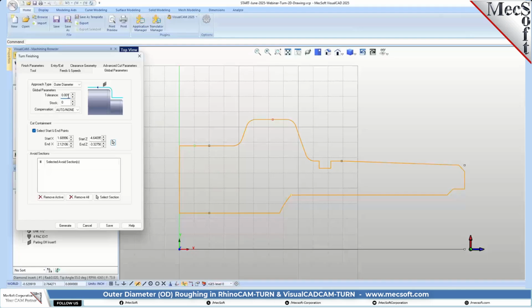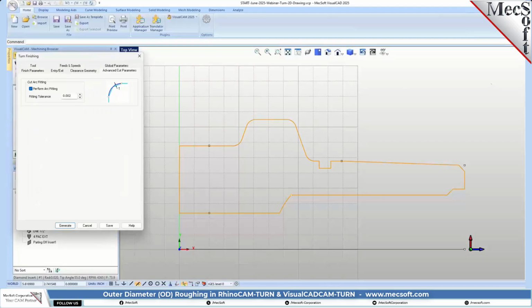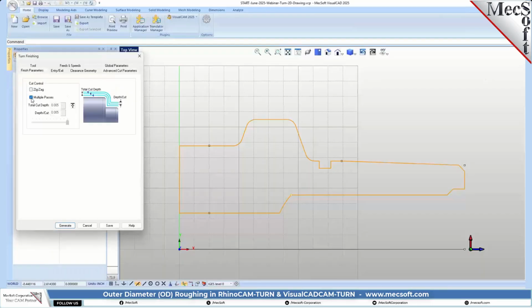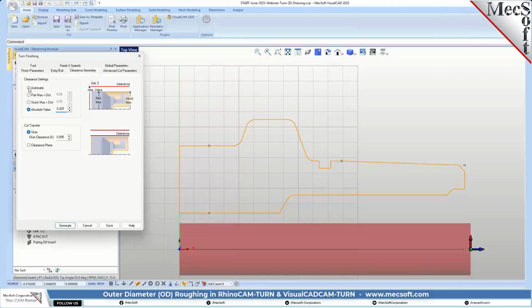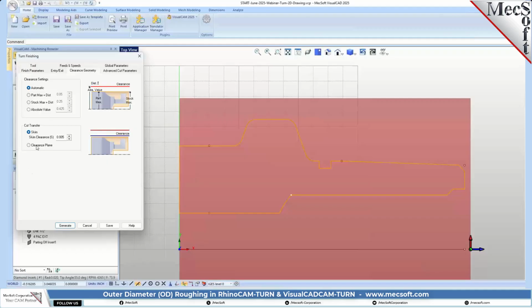Let's increase this. Our stock is set to 0. Our advanced cut parameters, we're going to do some arc fitting. Finishing parameters, we're not going to do anything there. And for clearance, we're going to set that to automatic. And we're going to set that to skim. Okay. And actually, we're going on the outside, so we can probably set that to